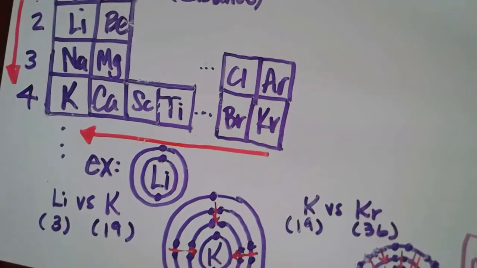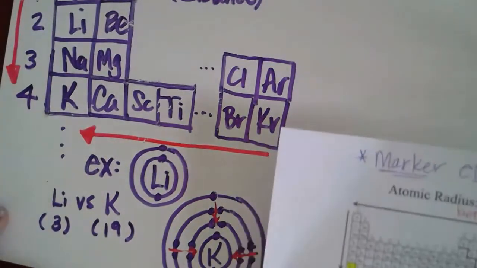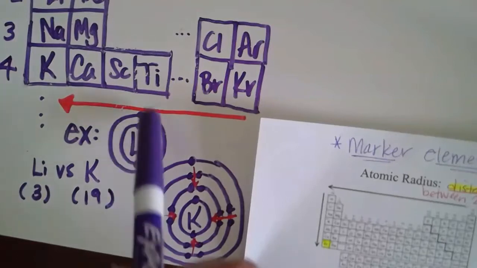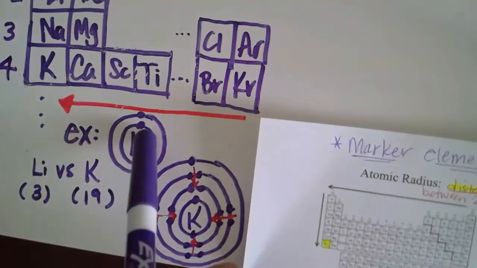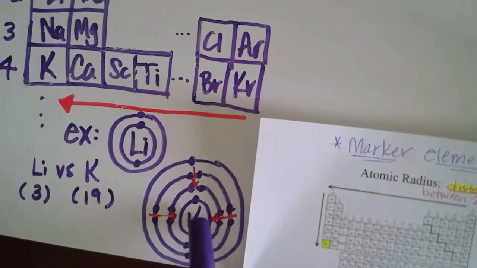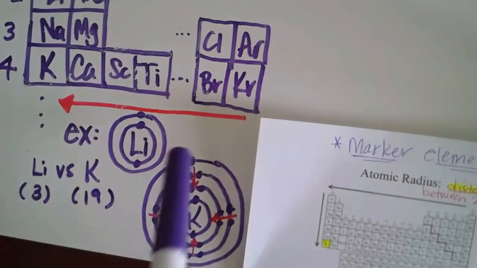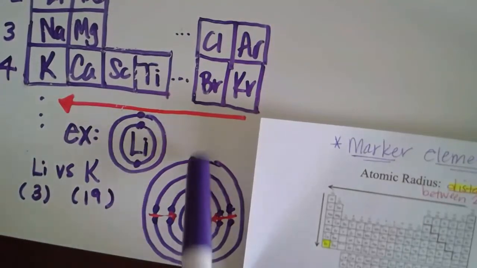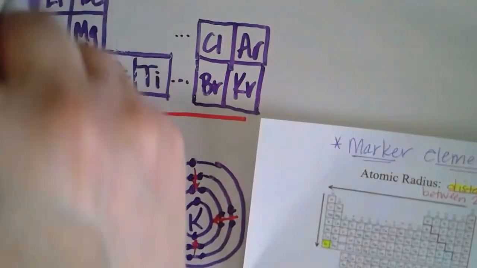So if I show you in visual, here it is. There's lithium and there's potassium. Lithium only has 3 electrons, potassium has 19. And here's lithium with 3 electrons, 2 in the first, 1 in the last. Here's potassium. It has 4 shells, 1, 2, 3, 4, and you have 2 in the first, 8, 8, and 1. All right, so now because of that, you're experiencing the difference in visual time, which is really nice to see. Going from 2 to 4, clearly as you go down the group,